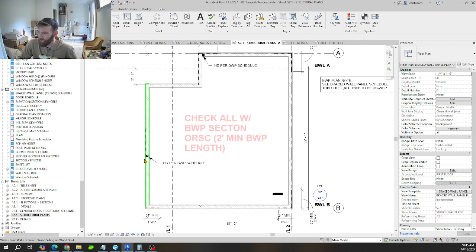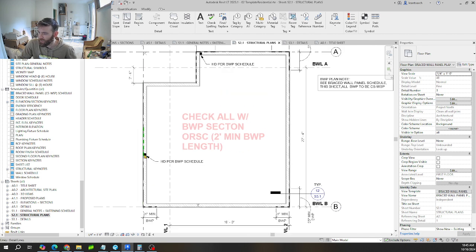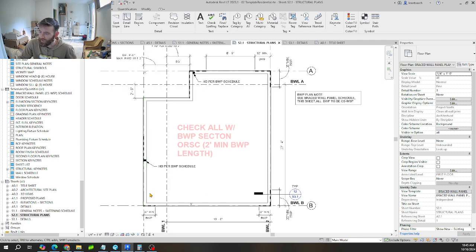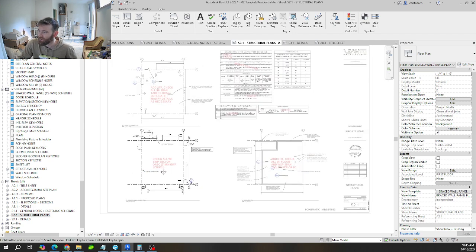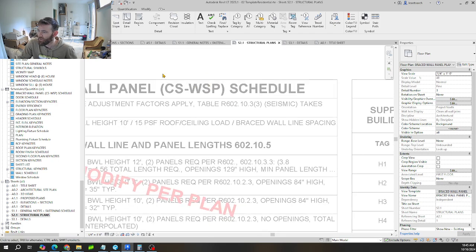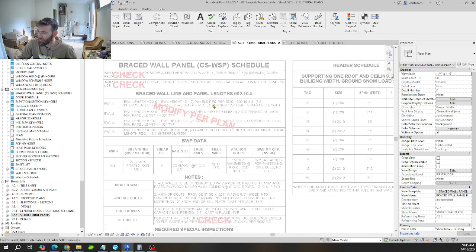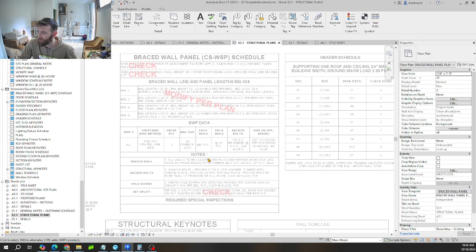Though there is a rule where if you have a hole down there at the end of the panel, you can have a window closer to the corner or even at the corner of your structure if you're doing a continuously sheathed wood structural panel, abbreviated here. So here's my brace wall panel table, which I sort of adapted or created using the structural code,